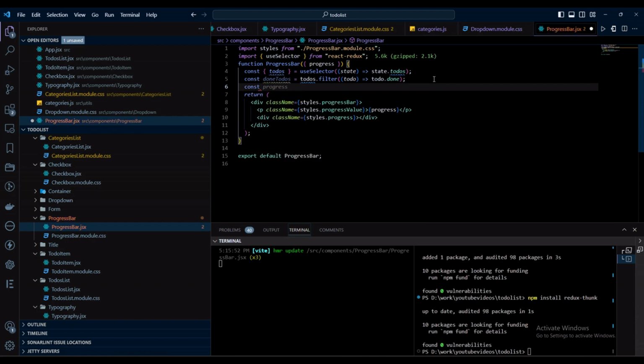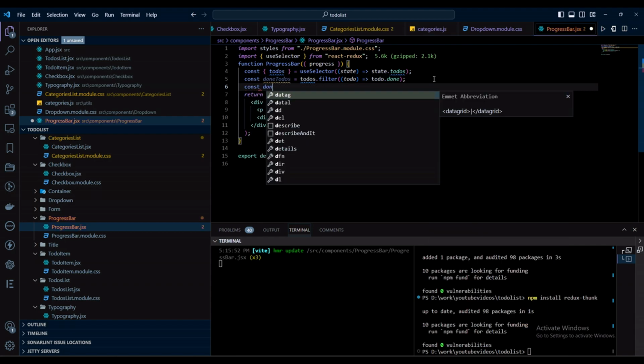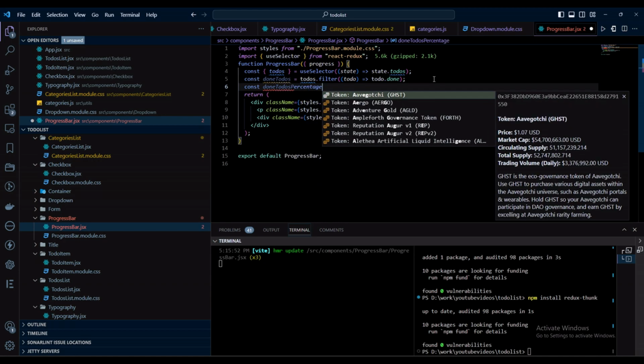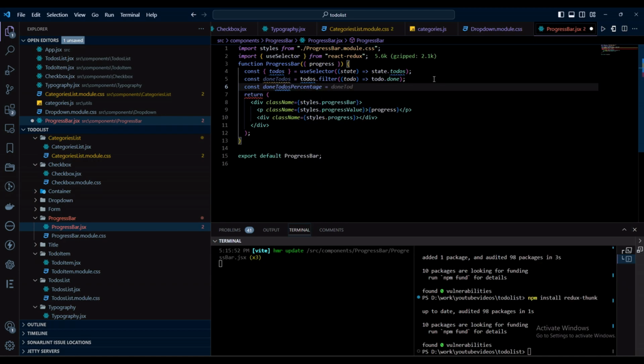And that's gonna be the other one, which is const done to-dos percentage, which is gonna be equal to